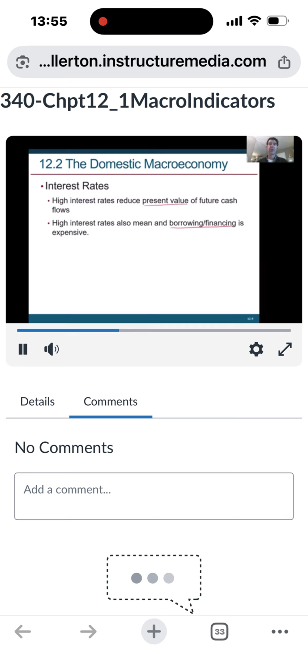Okay, so in general, companies, what do they like? They love low interest rates, right? Because then you can borrow cheaply and you can try new investments and stuff like that. It's not really expensive from an interest rate perspective. All right, so high interest rates in general tend to put a damper on especially corporate activity. So if interest rates are really high, then corporations are not going to expand as much and things like that because their borrowing costs to do that will be higher.